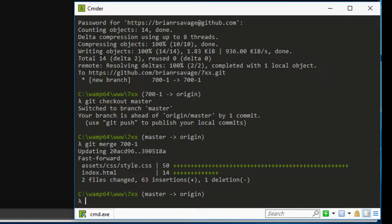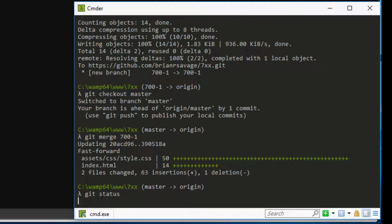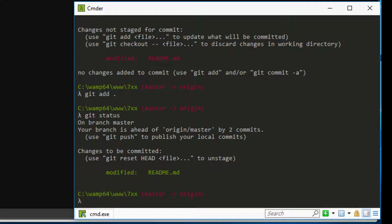So let's go back into Git. Let's run a git status. We see our readme was updated, so at this point we'll do a git add, another git status, just because we're new at this and we want to take a look. And we see that we're in the staging area now, so now we can do git commit, and then we'll do a message, and we'll say